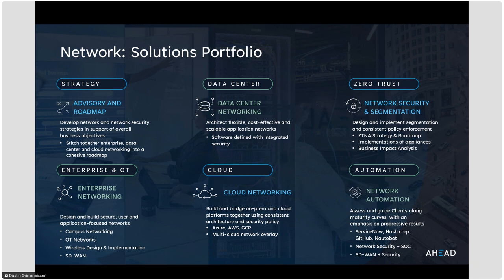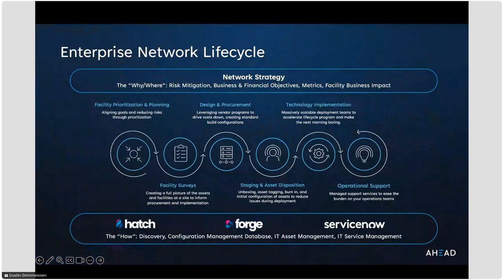And how we do that here at AHEAD is we have our enterprise lifecycle management process, where we set out that strategy with you, and then we get into the individual pillars around how do we, let's say it's a physical environment, how do we assess the facilities themselves? How do we build standards and t-shirt sizes for those facilities, all the way through from how do you procure the equipment such that it's consistent and repeatable?